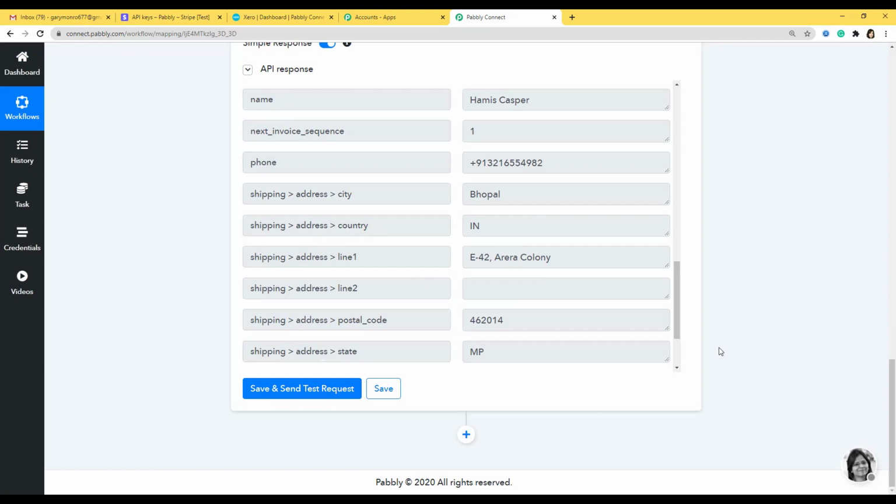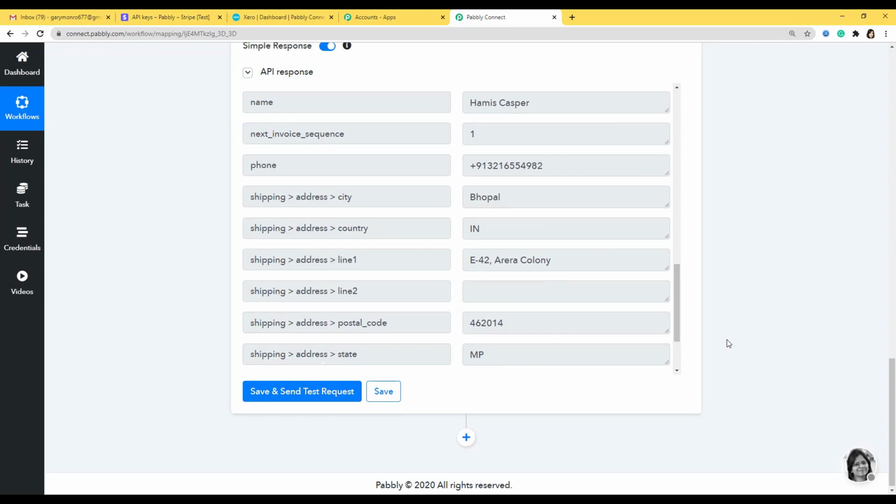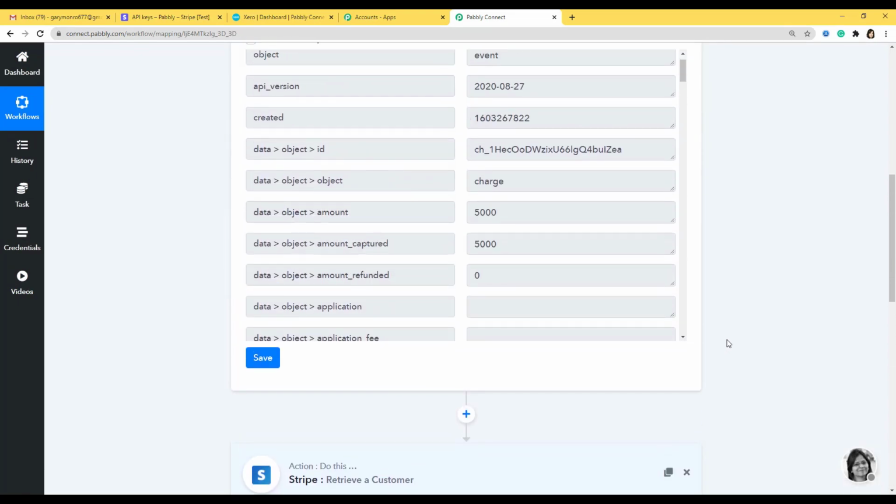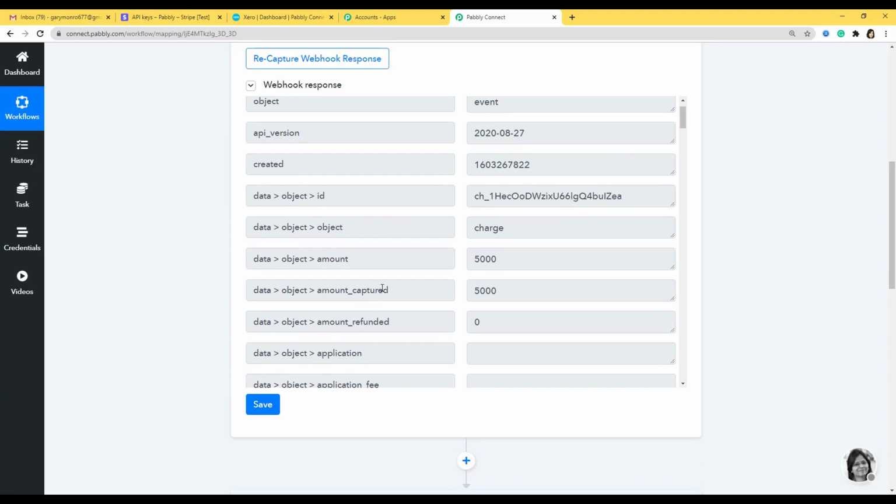Okay, so now before moving further, we have to go back to our Stripe account and see this amount captured over here. So the amount captured here shows it as 5,000. But if you remember, I entered the amount as 50. So what has happened here is the JSON format doesn't support the decimal. That is why it is considered all the zeros that was there after the decimal. So in order to make this correct, we are going to trim the amount.